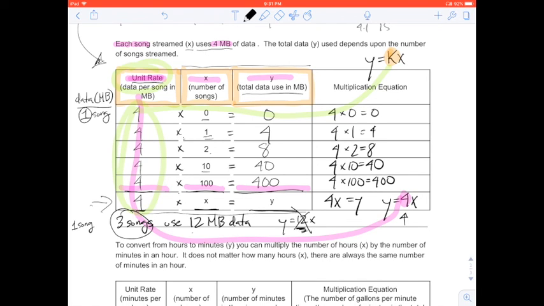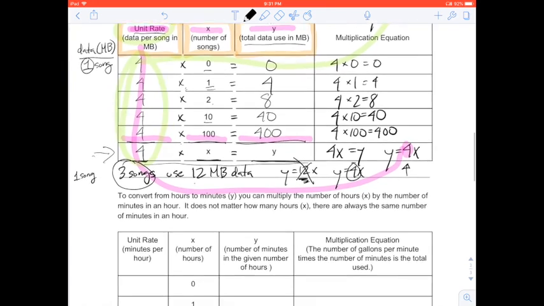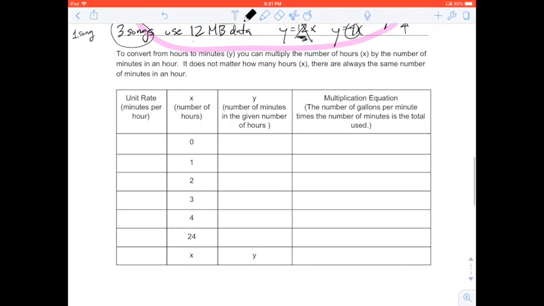That is our rate for 3. Our unit rate is our rate for 1, which is 4 megabytes, 4x. And you may be able to just tackle that last